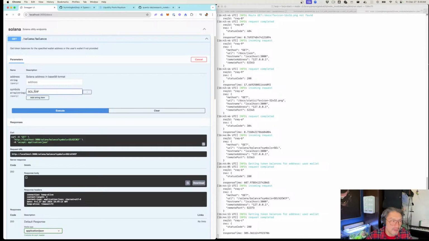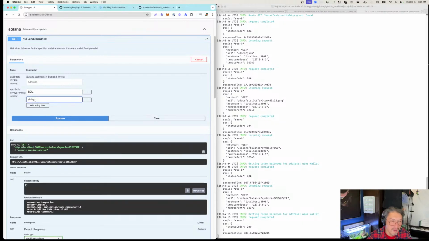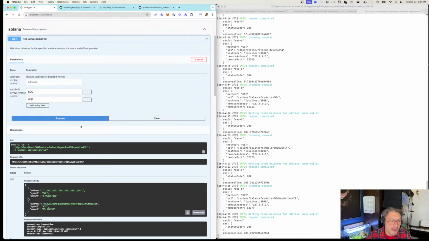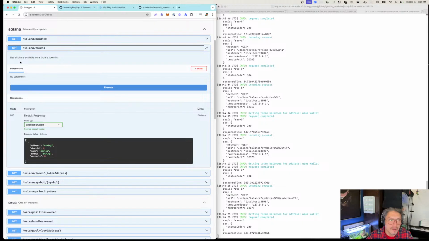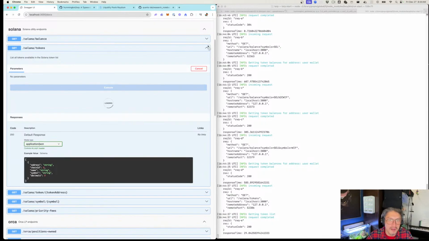Oh, sorry, this is an array, so I've got to do this, like that. And yeah, now it's giving me the token balances for WIF and for Solana. Similarly, there are other routes here. Like this one fetches the list of the tokens available in the list,